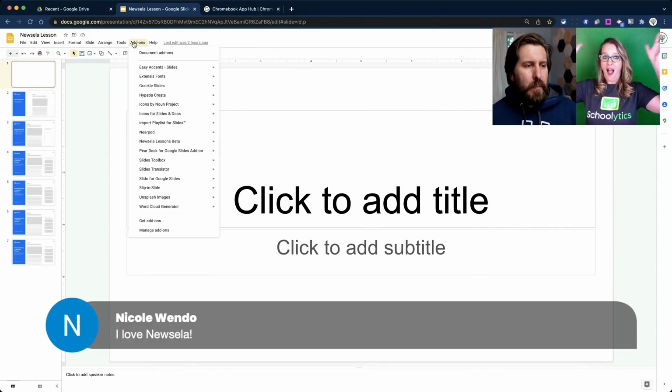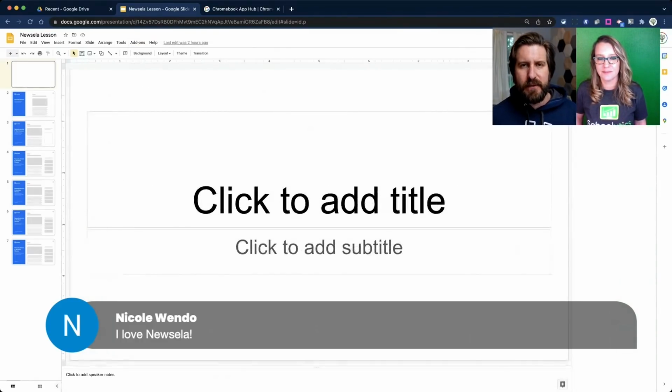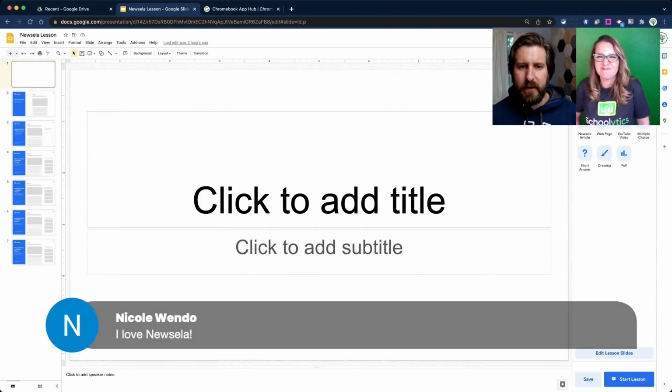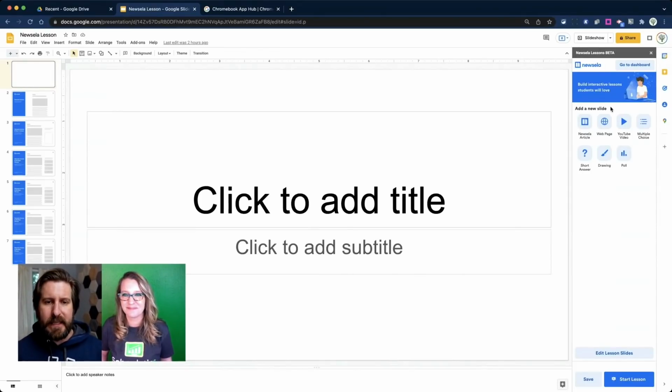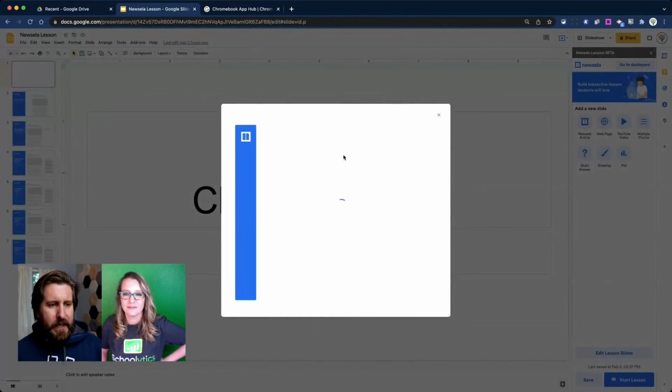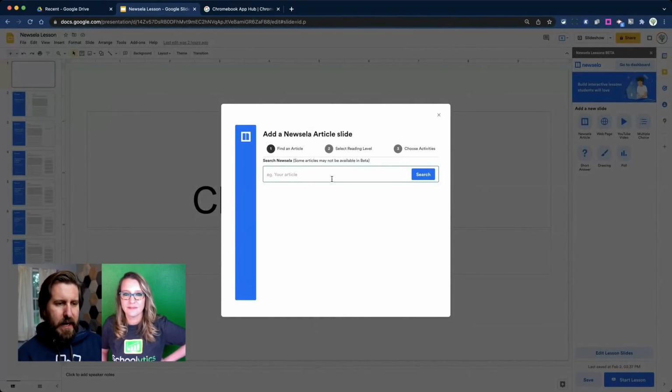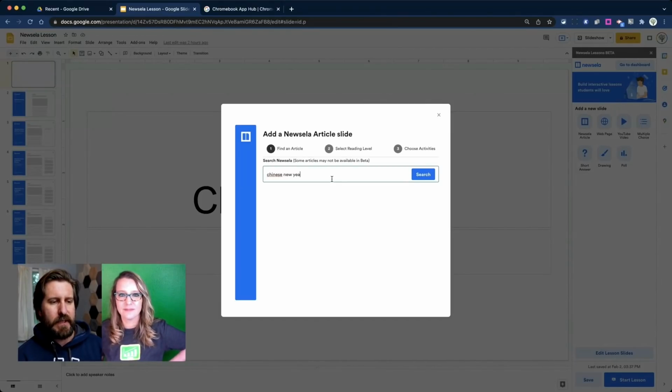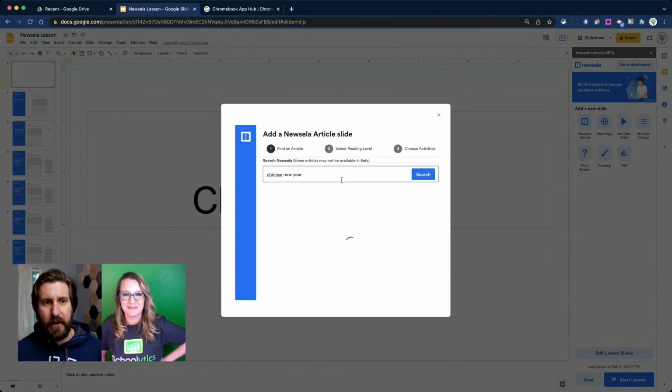So when you open it up over here, you'll see that it's going to open up a little sidebar. And this is the way all add-ons look for the most part when you are opening them up in Slides. You'll see that just like with the Nearpod add-on, you can basically create these different interactive slides that are going to show up here. So for example, if you click on Newsela article, that's going to pop up a menu. You can, or a search box, you can search for something like Chinese New Year. We're in Chinese New Year right now. So if you wanted to pull an article up about that, you could click on one, see what's there,